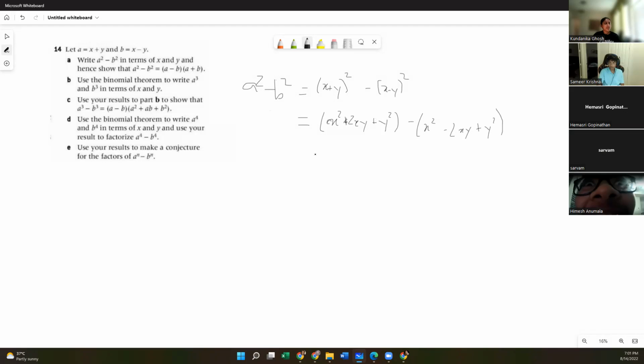Okay. So what we're gonna do now is just combine like terms, cancel out whatever we can. So x squared minus x squared is 0. We don't have to write anything for that. 2xy plus, because minus and minus make plus, remember that. You have to distribute the negative sign. 2xy plus 2xy equals 4xy. And then y squared minus y squared is nothing, so we don't have to write anything for that. Which means that this equals 4xy.